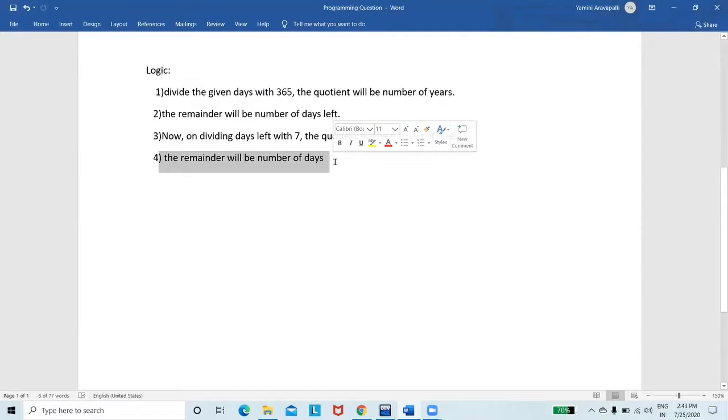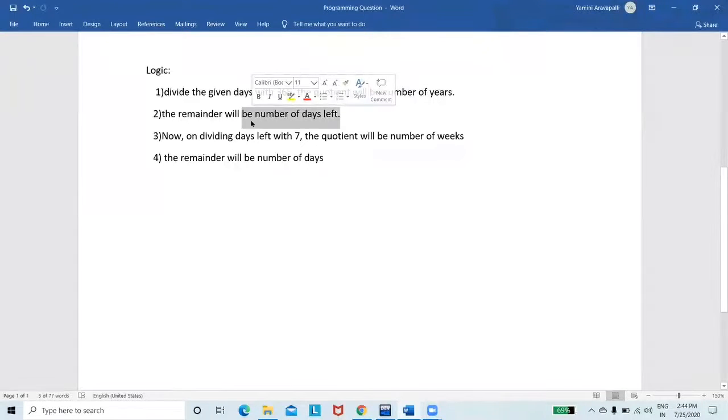You got it right? Here there are two important steps. First, divide the input data by 365. Then the quotient will be the number of years and the remainder will be the number of days left. Now take that number of days left and divide it by 7.